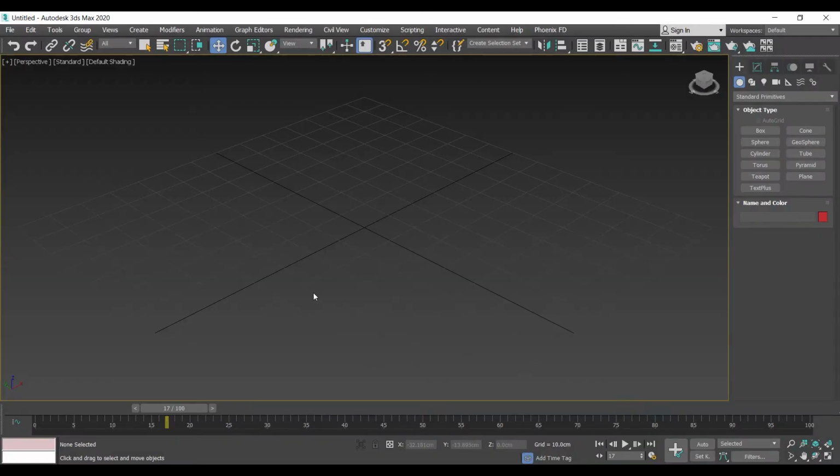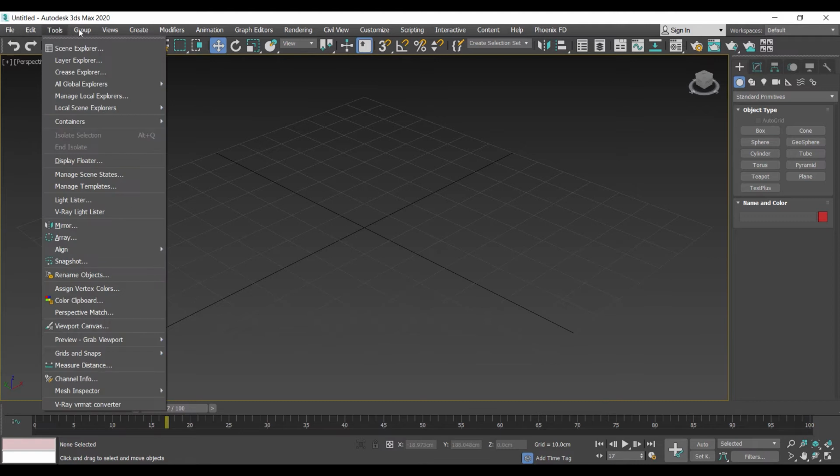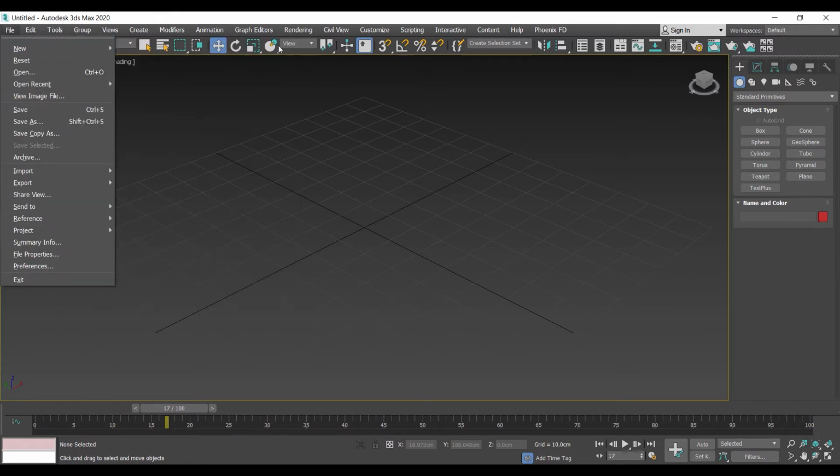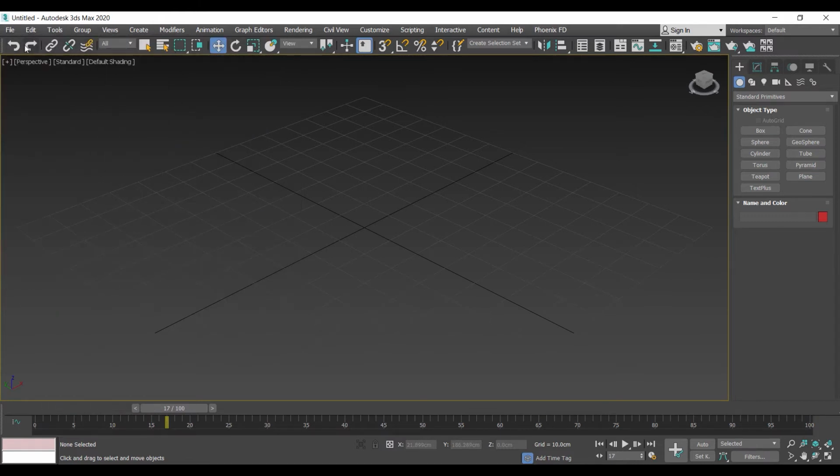In this session, we're going to go through the basics of 3D Max. 3D Max is divided into 4 areas. The first area, which is the top area, has the menu bar, like all software. And then it has the main toolbar that has some shortcuts for the main tools that we're going to be using through Max. We have the undo redo, the linking, the transformation, the snappings, the mirror and alignments, layers, and the materials and rendering options.